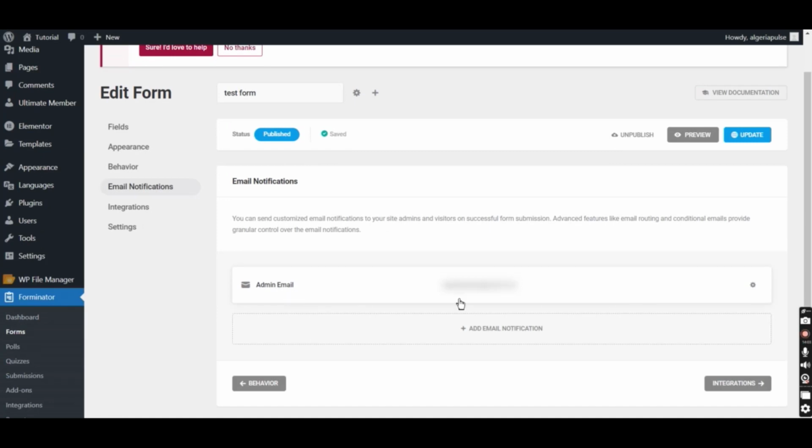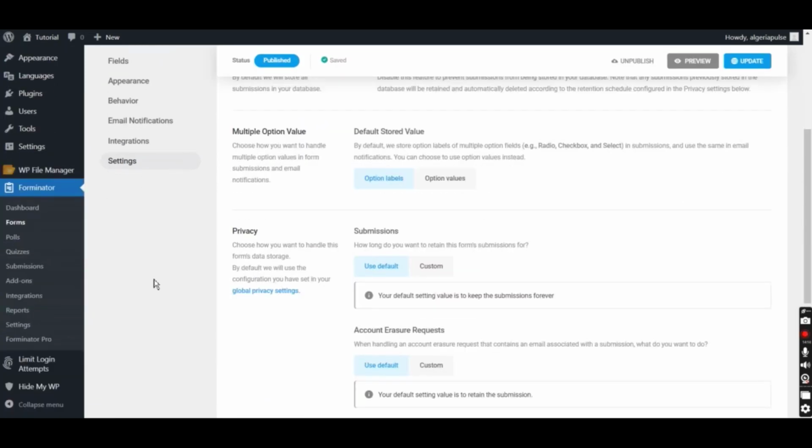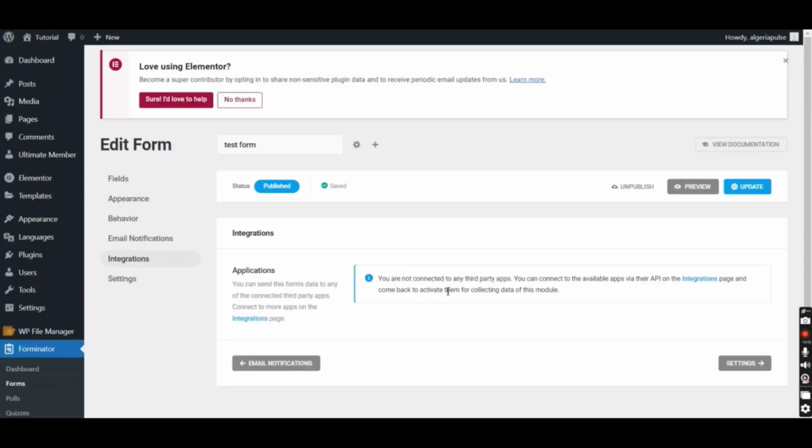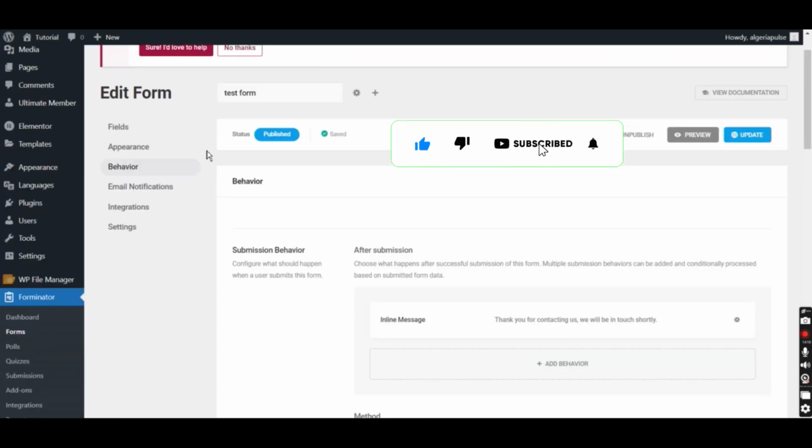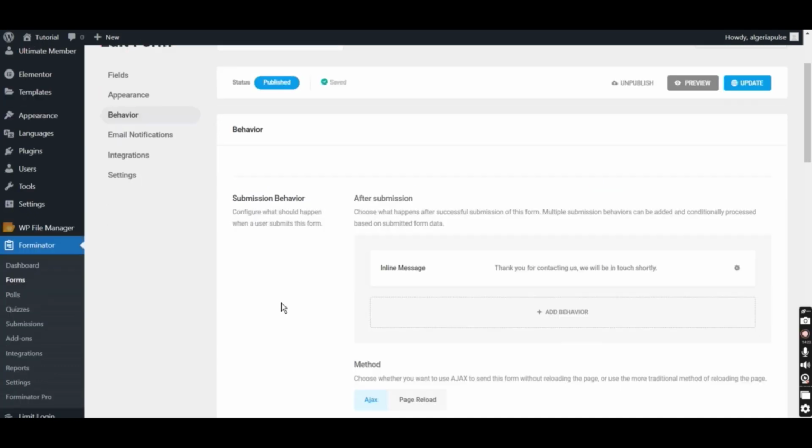You can change your email, and you choose the email where you want to receive the information from your users. You can discover these functions that you have inside your form editor, inside Forminator. So for example, if we go to behavior and we have